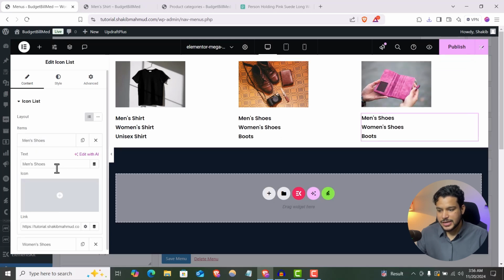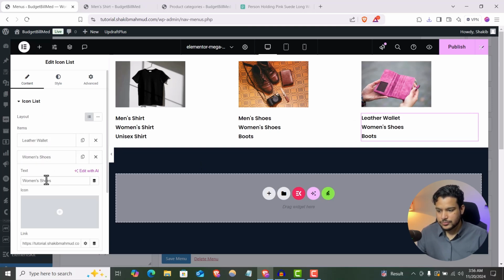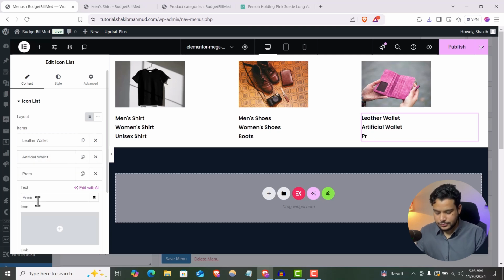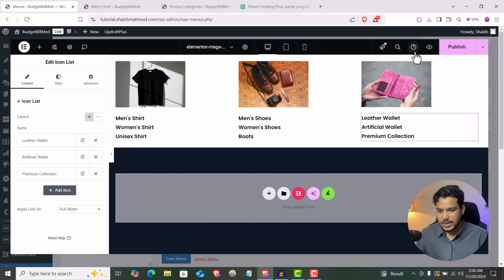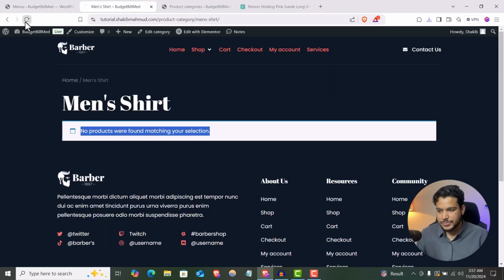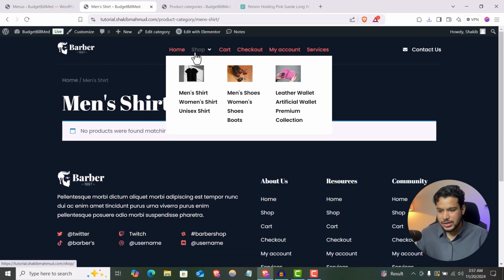So let's say a leather wallet. Artificial wallet, and let's say premium collection. So done. If I save it now and come to the website, just reload,